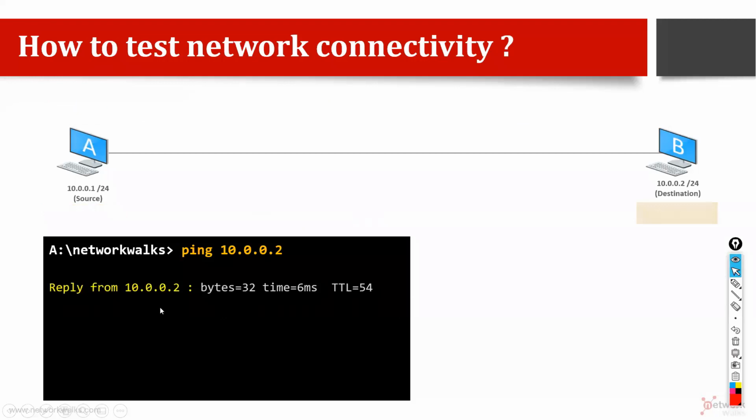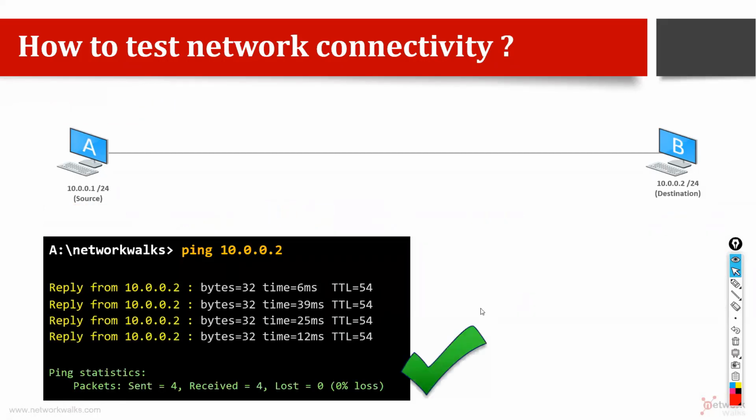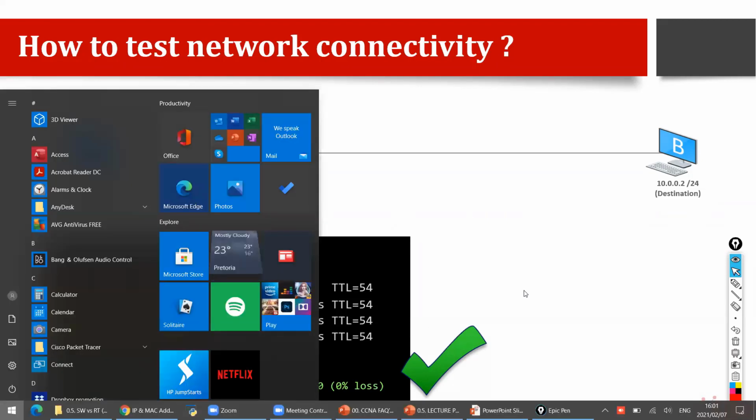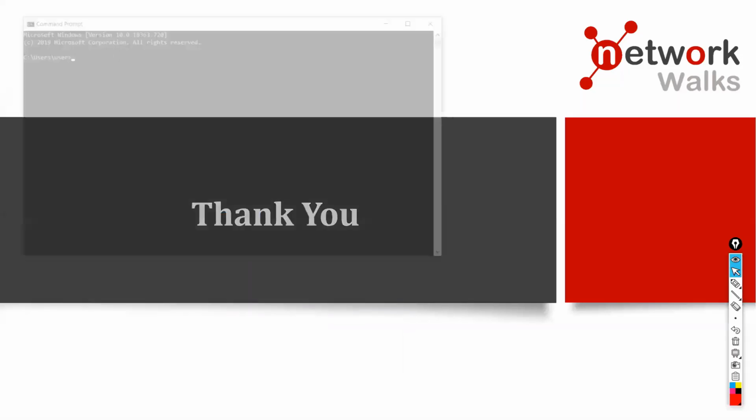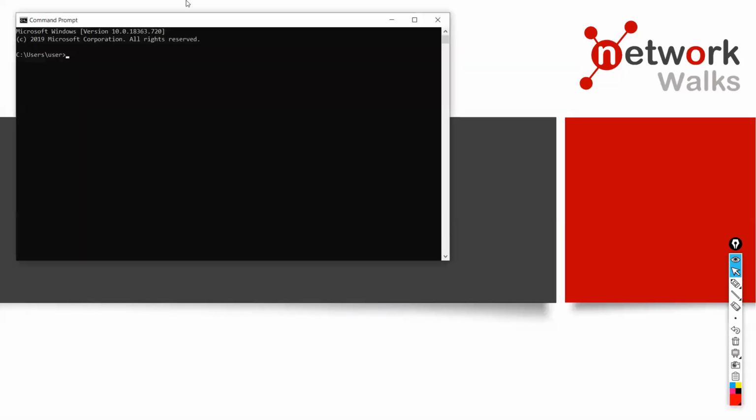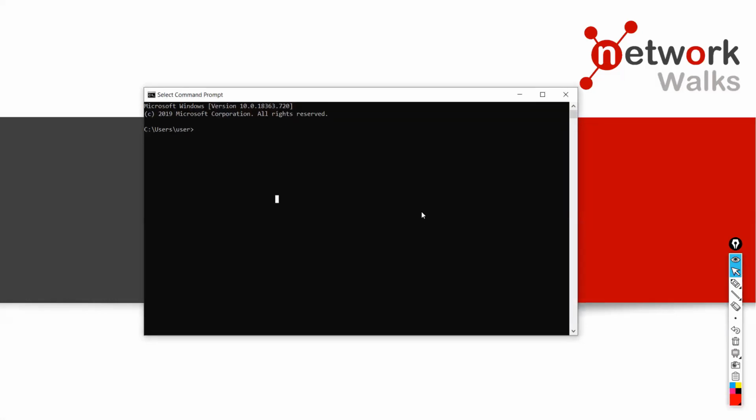Yesterday we did this scenario already with a practical lab. I hope you guys understand. We went through this animation as well. It does it 4 times, and then it finally tells us the result. So let me open my command prompt, and from my local computer, I want to test whether I can reach google.com or not. Of course, I can reach it because I am reaching you guys. I am sending you these Zoom messages. So it means I am connected, but let me just verify.